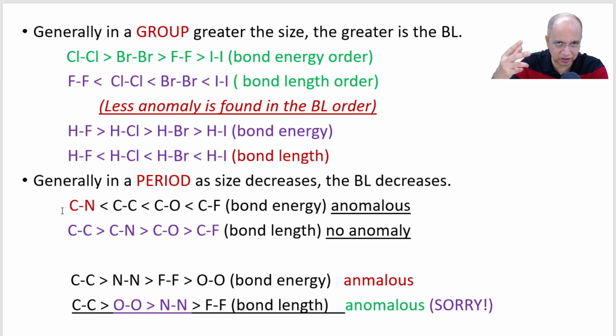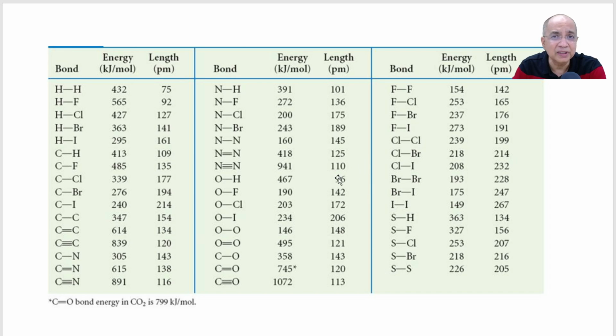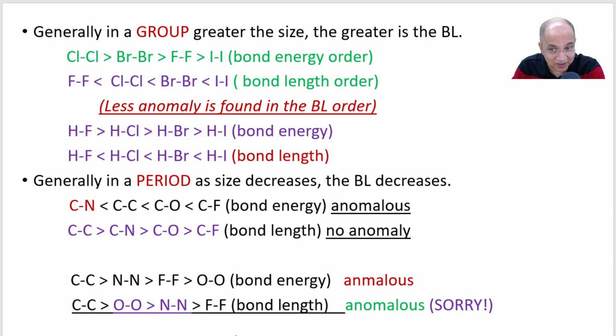We were discussing which factor dominates over which factor in Hooke's law and tried to understand, remember the anomaly, but here there is no anomaly. As the size goes on decreasing from carbon to nitrogen to oxygen to fluorine, the bond length goes on decreasing. You can testify that from the table. But again, only one time I am saying sorry, that in bond energy among homonuclear diatomics, there was an anomaly